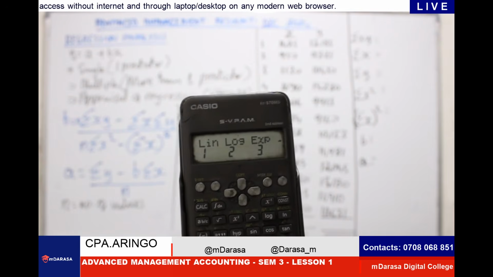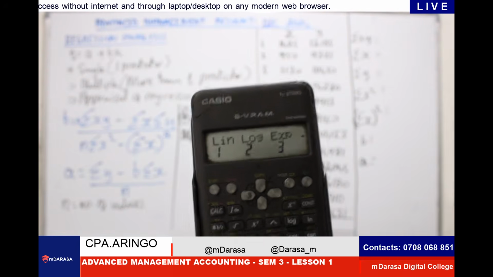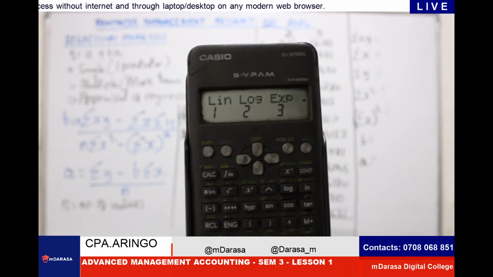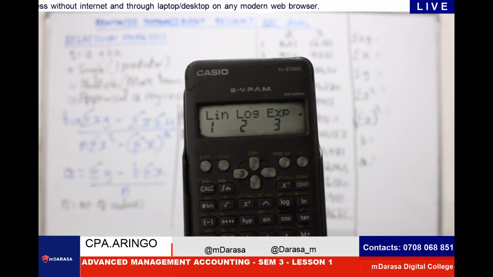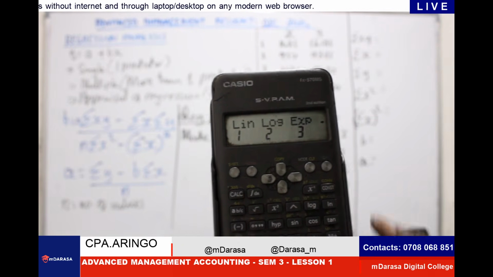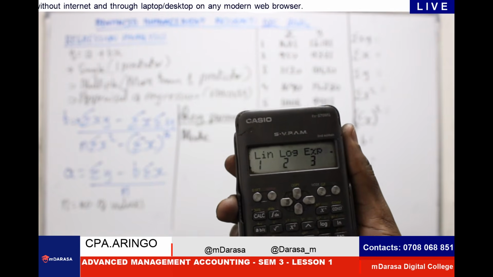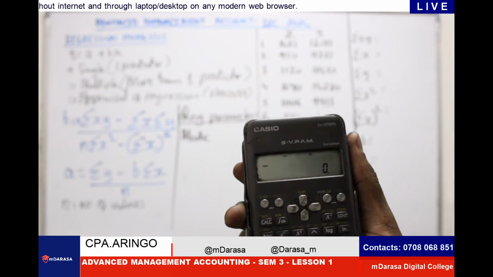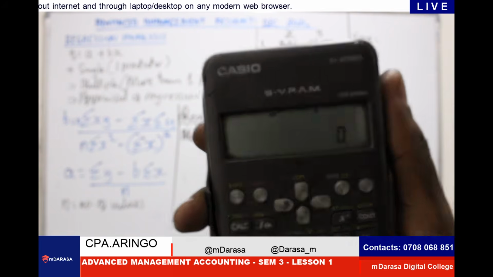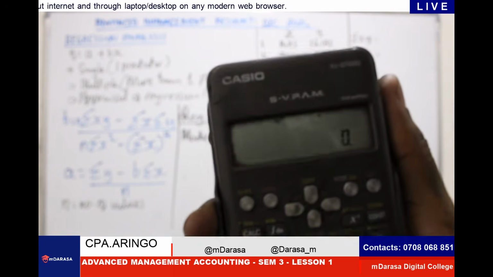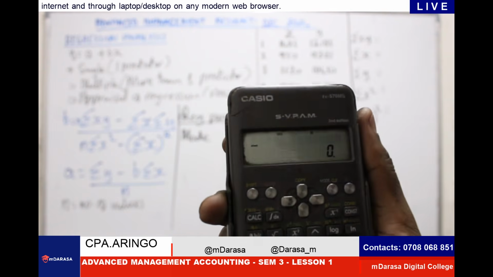What are we solving in this case? We are solving the aspect of linear. Linear is indicating 1, so I click 1. If you check on your calc somewhere on top here, you'll see that it is on the regression mode.